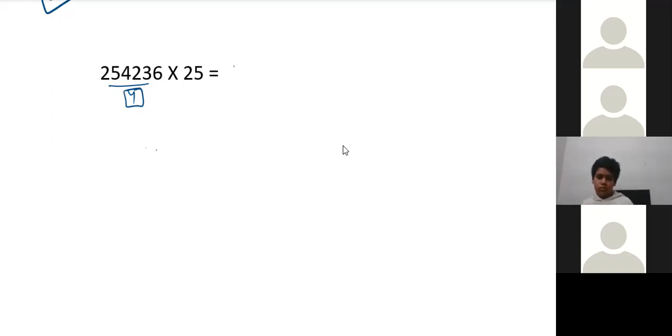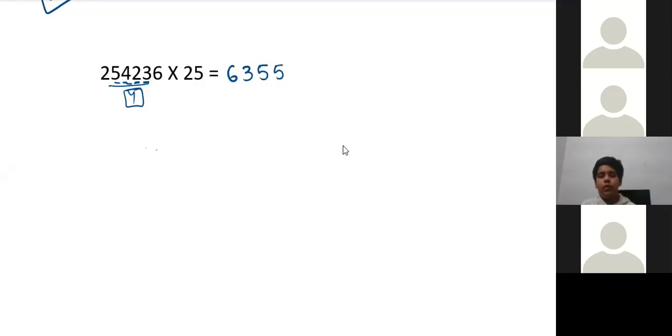25 divided by 4, 6 and 1 will be the remainder. So 14 divided by 4, 3 and 2 will be the remainder. 22 divided by 4, 20, so 5 and 2 will be the remainder. 23 divided by 4, again 5, 3 will be the remainder. Then 36 divided by 4,